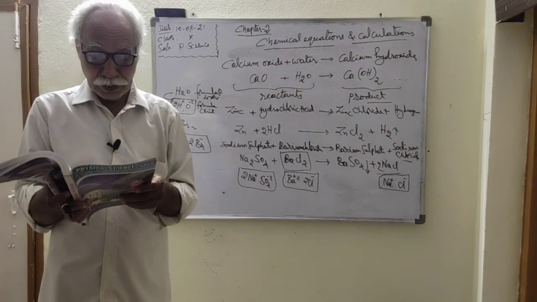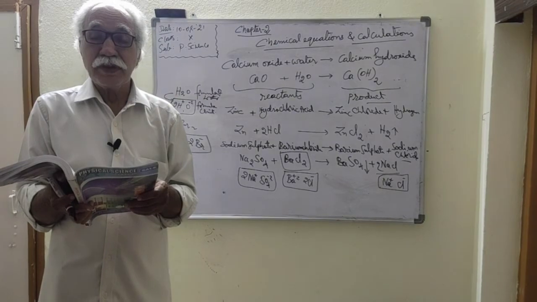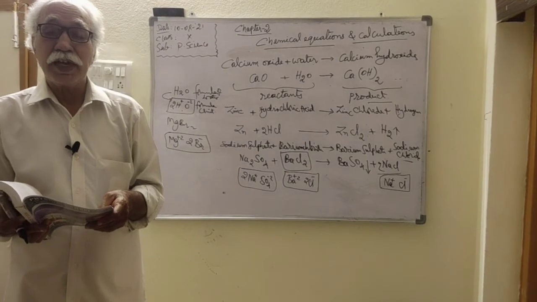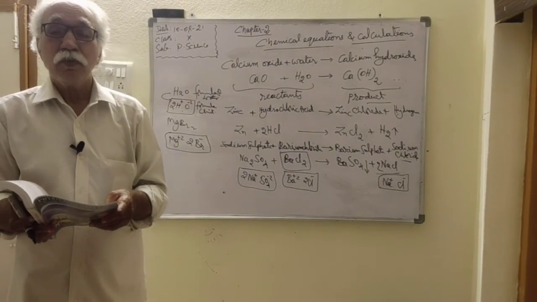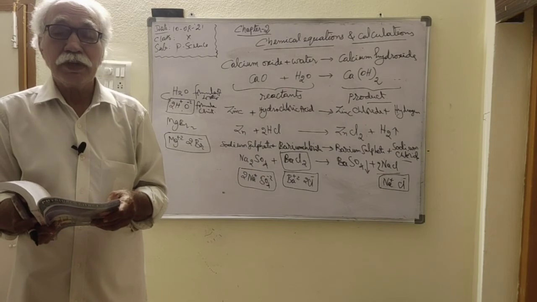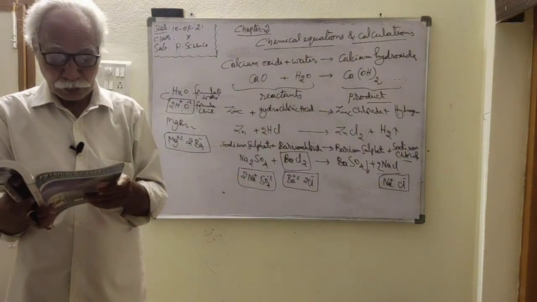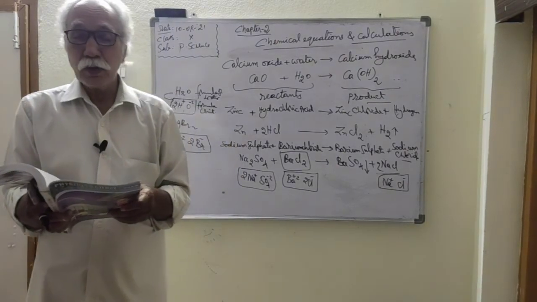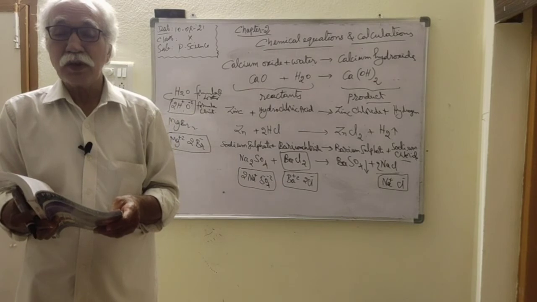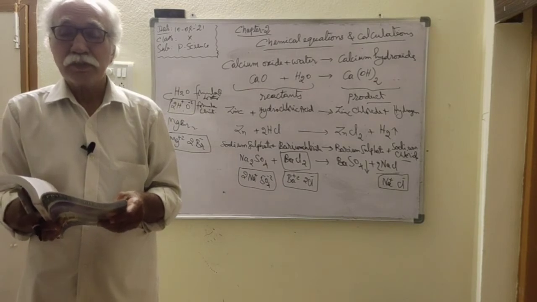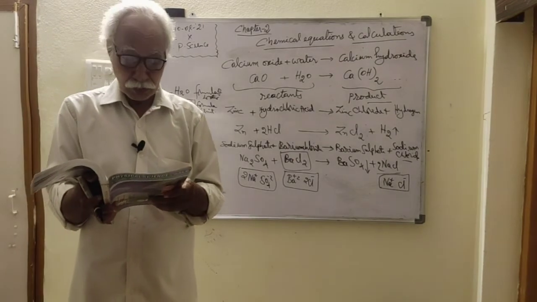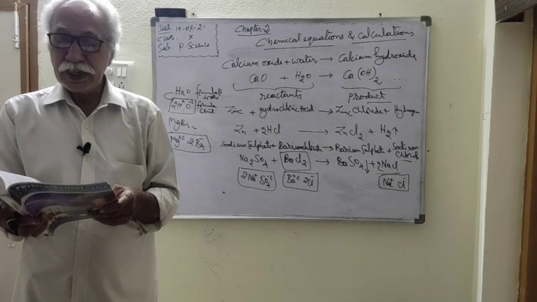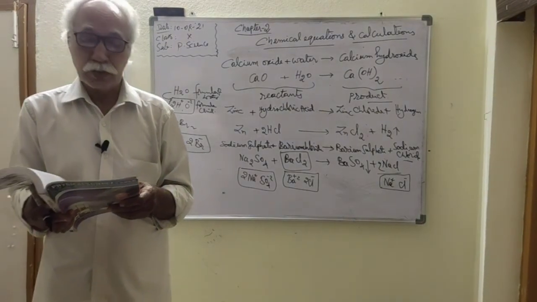So to make the simple ratio, we should divide all coefficient numbers with a common number. All coefficient numbers of the reactants and products must be divided with a common single number. Then it gives the simple ratio. If no common factor is there, there is no need to divide the coefficient numbers. You should write as it is. In the above equation, there is no division of the coefficients. That ratio itself is a simple ratio.